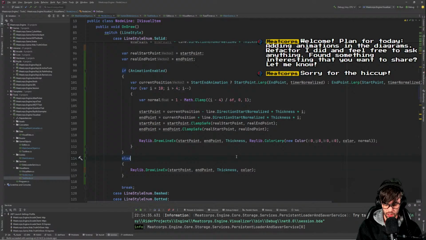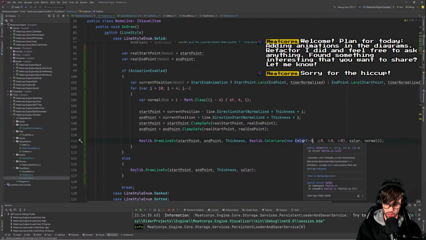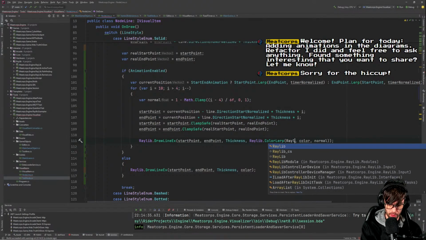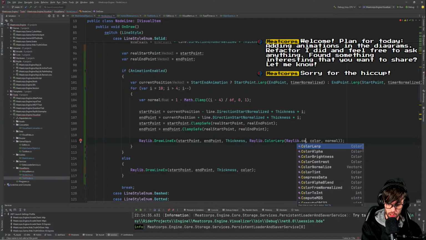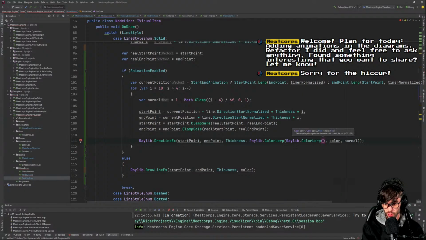Or even better, not going to black, but to the original color. It's an int. We're also gonna just say raylib dot color lerp, and we really like to have it